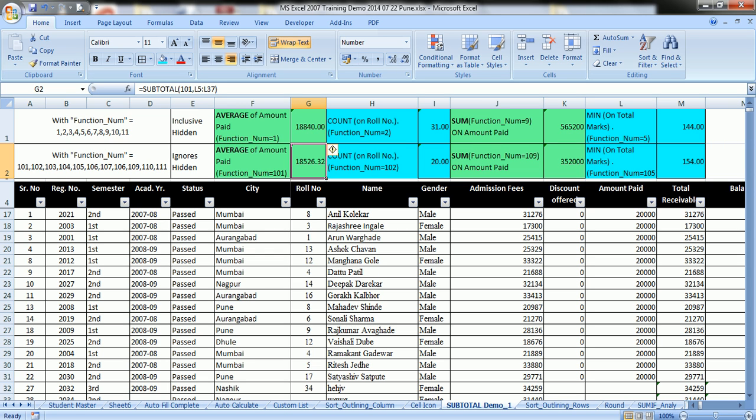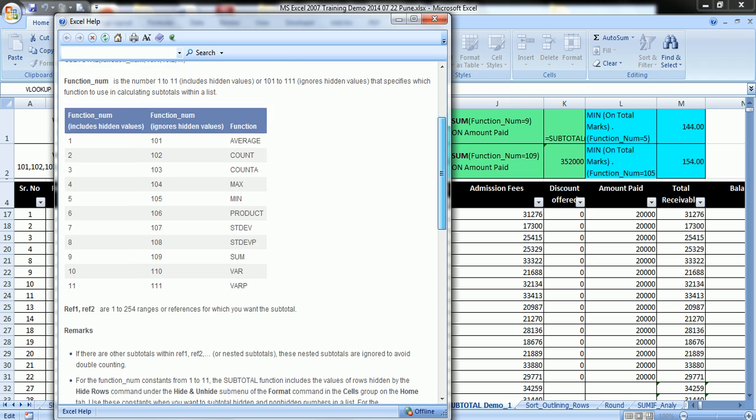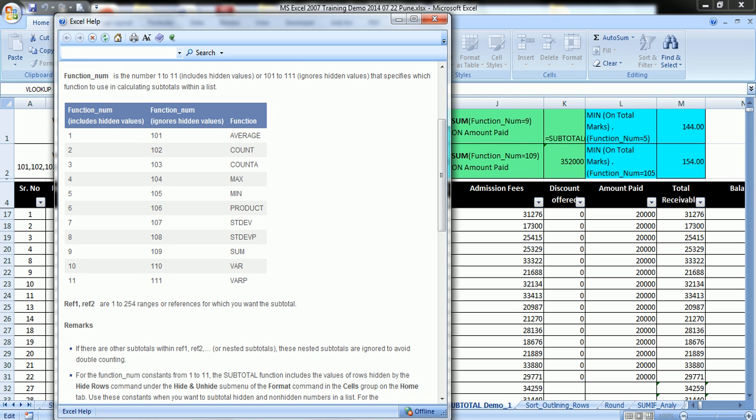To understand it more, let's go to function sum. Here we had learned that number 9 or 109 is for sum. We'll go to the table, 9 or 109 for sum. Now we will be using 9 and 109 for function num.